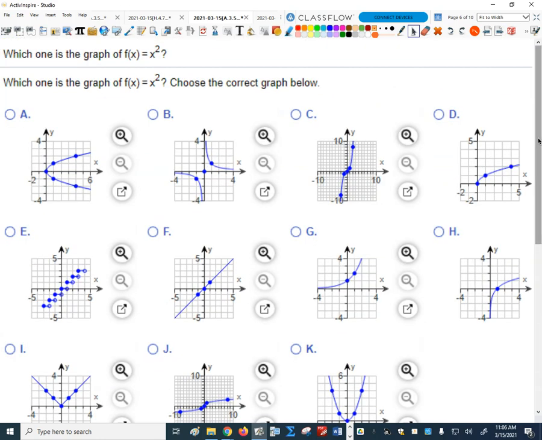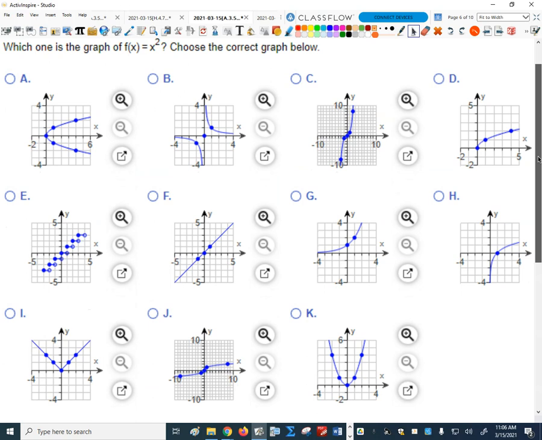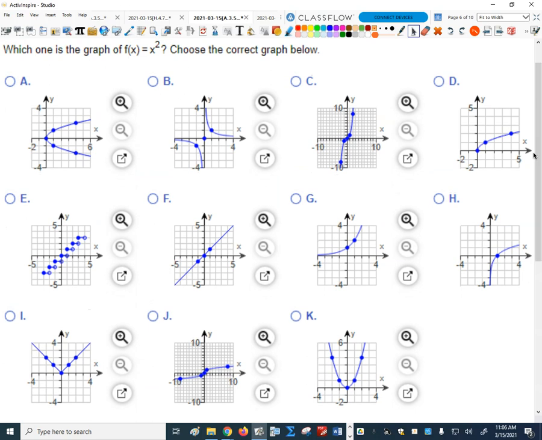Okay, how about this one? Which one is the graph of f of x equals x squared? Type that one in. There you go. It's K, isn't it? Good. And we recognize